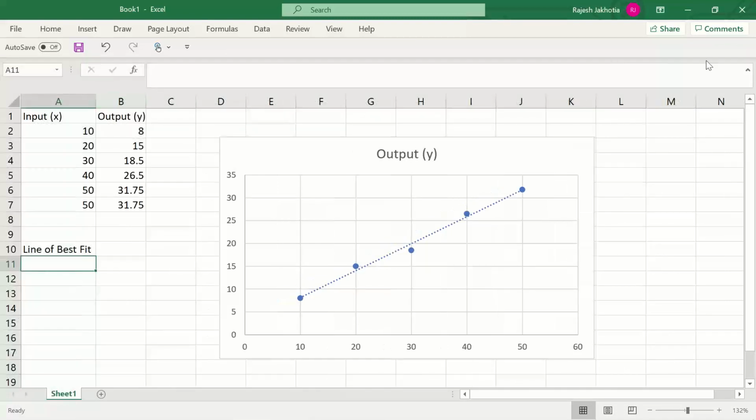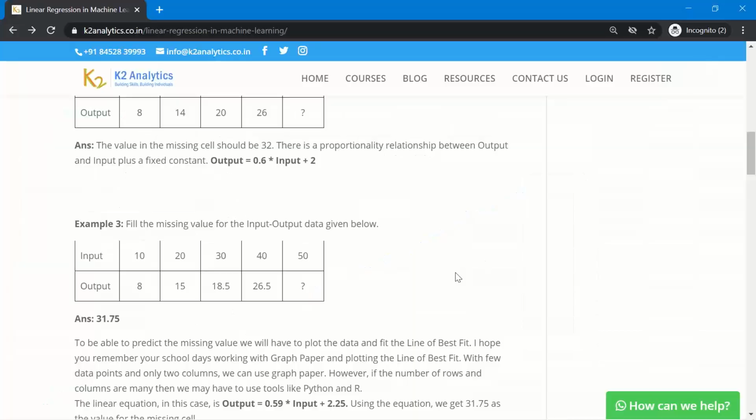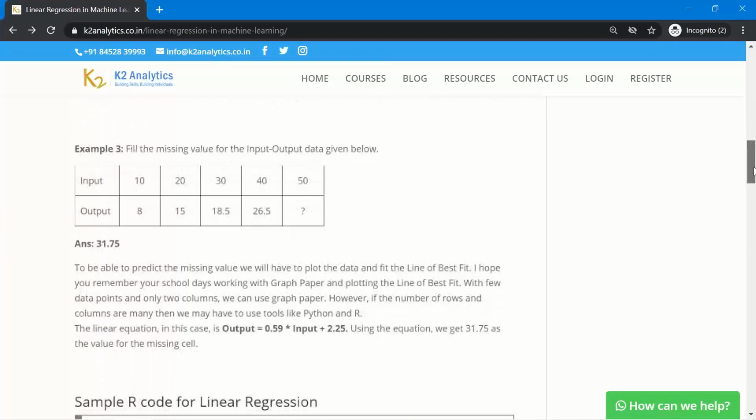But at a very high level, in a very simple example, I am trying to explain the concept of linear regression: when there is a proportionality relation between x and y, and that proportionality is not 100% exact, we try to get that line of best fit using a technique. That technique is called linear regression.